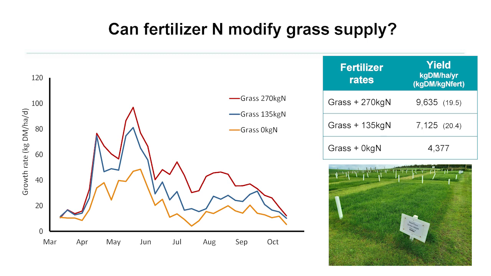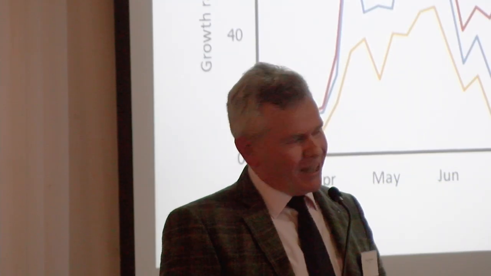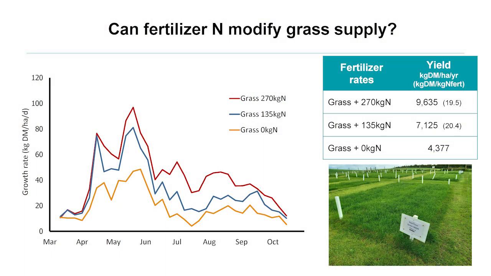So we have the three sets of plots in our grass-only trial back at Hillsborough, and you can see there's the 0 nitrogen with grass, the 135 and the 270, and on the face of it you can see a good, healthy, stepwise response to fertiliser right throughout the growing season. However, when you notice there in March and April, and again to some extent in the September into October period, there's relatively little separation of the lines. So there's little that fertiliser can maybe do at those tail ends of the season,